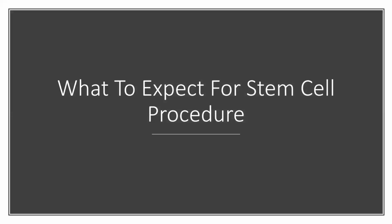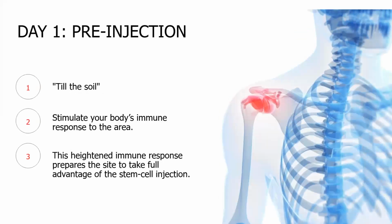So let's talk a little bit about what you can expect for an actual stem cell procedure. There's 3 days that we're going to talk about that actually constitute a full stem cell treatment. So the first day that you come in, we're going to do something called prolotherapy, which is actually more where we till the soil. So we're actually just priming the joint to get the joint ready to accept the stem